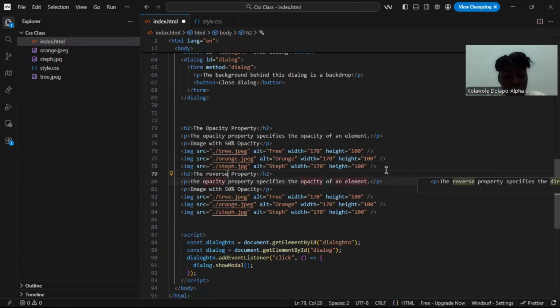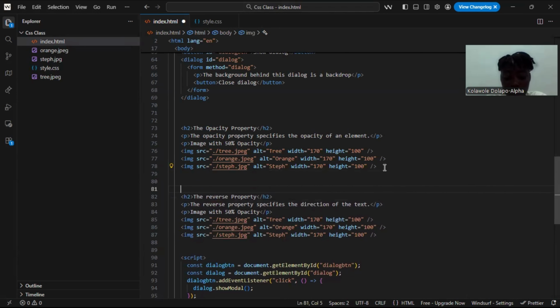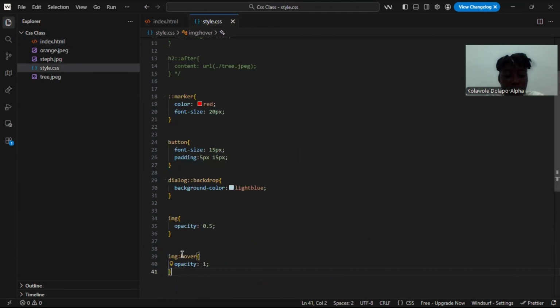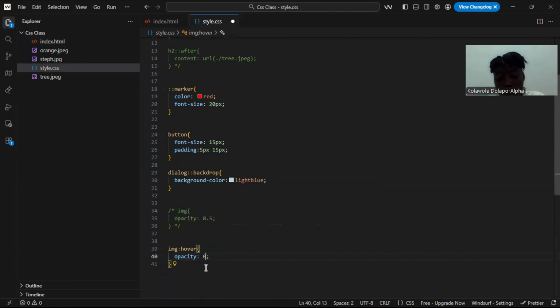Then the next thing I just need to do is the image hover. So I would comment this. Then it will be image hover, which will be 0.5. Don't forget, in the first one,